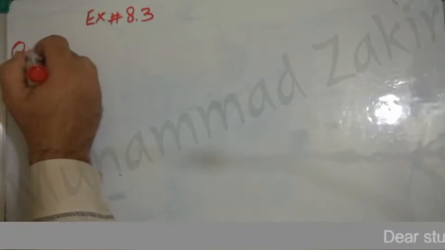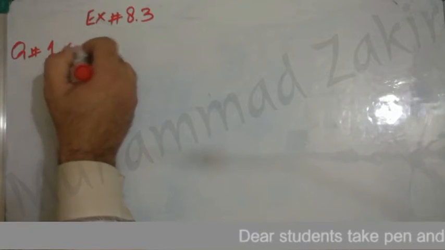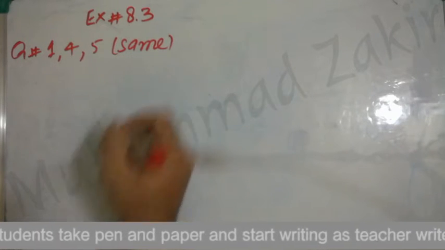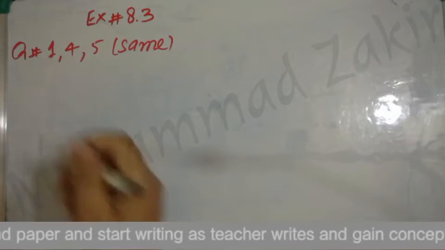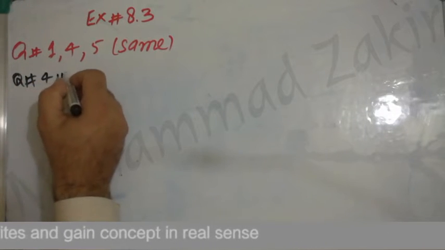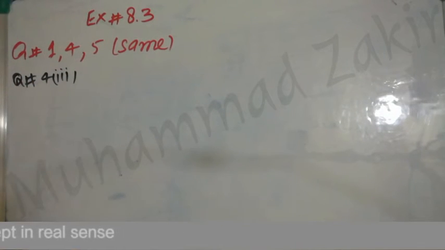And we know question number 1, 4, 5 similar. 1, 4, 5 same. 3. So question 4 now. It's part 3. We have to approximate